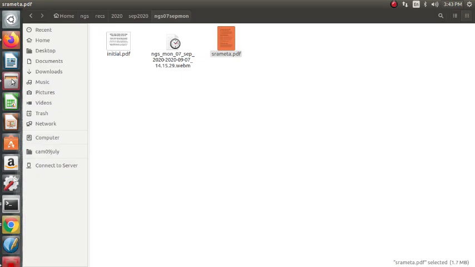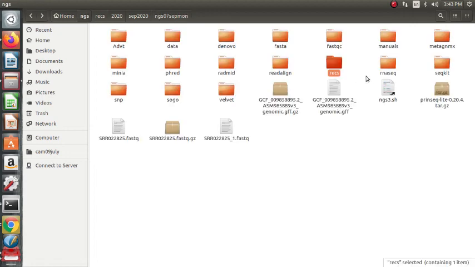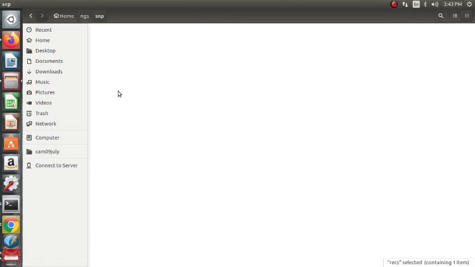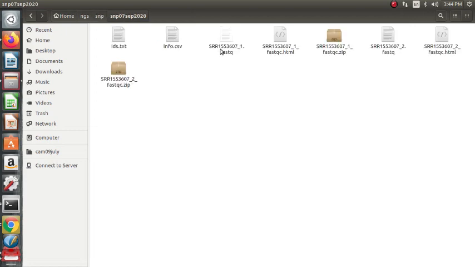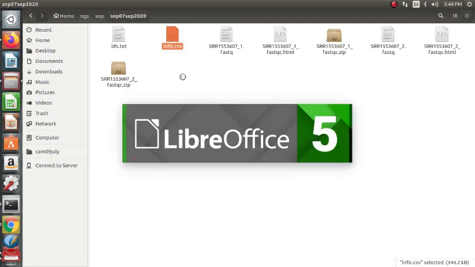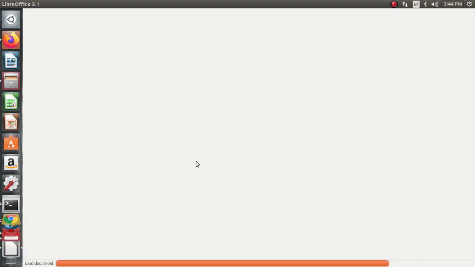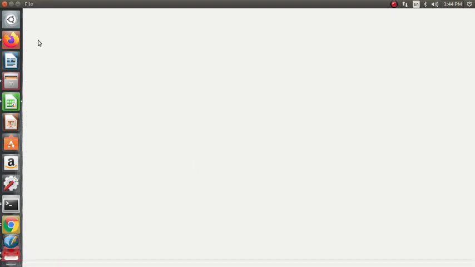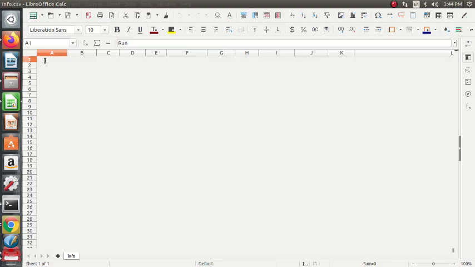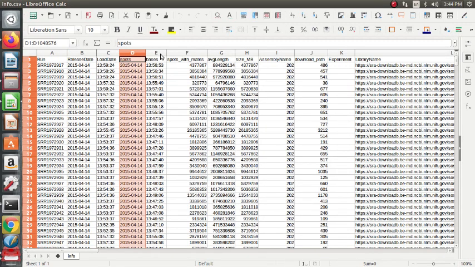If you focus on those columns, we go back to this CSV folder. Let's make it 7 September. Yes, info.csv. First column, we give the comma delimiter. Then the first column is the SRRs, sequence read runs, and the fifth column is the number of bases.